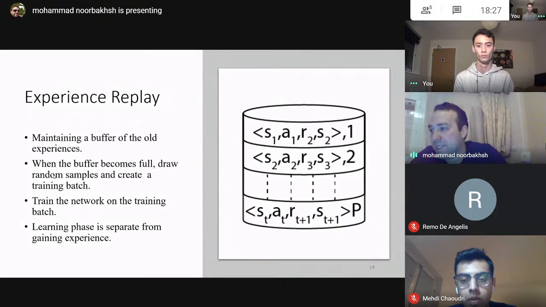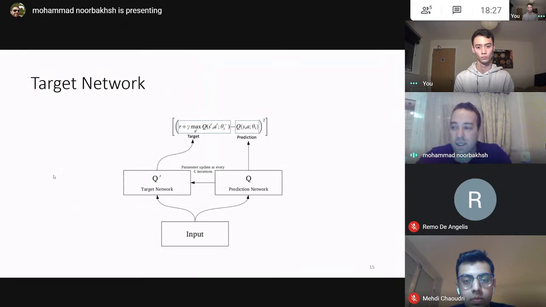As we randomly sample from the replay buffer, the data is more independent of each other and closer to IID, which is independent and identically distributed. So the second solution is the target network,